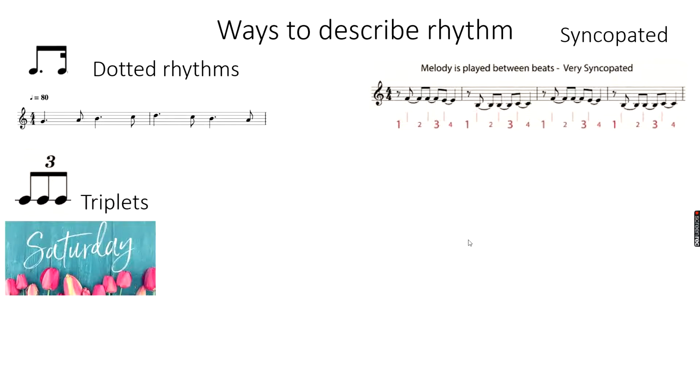And syncopated rhythms create that offbeat rhythm. So syncopation means offbeat. How do you know you're listening to syncopation or syncopated rhythms? Find the pulse, and if a rhythm doesn't fall on that pulse, so it's not being heard when the pulse is being played, that is syncopation. I'm going to use a metronome.